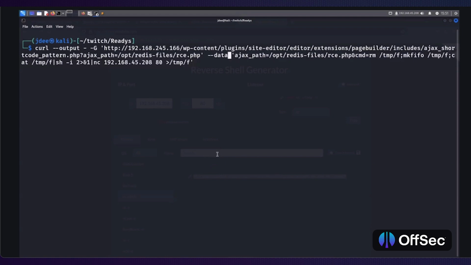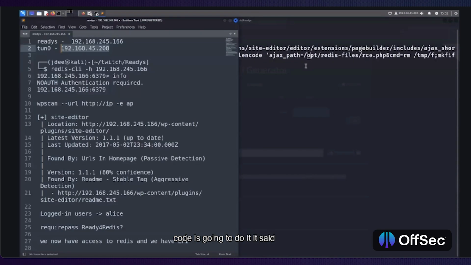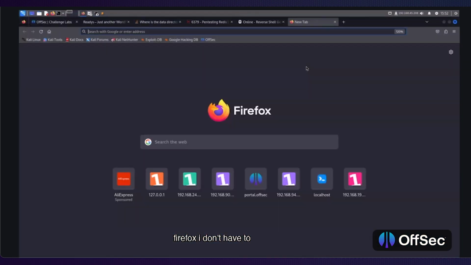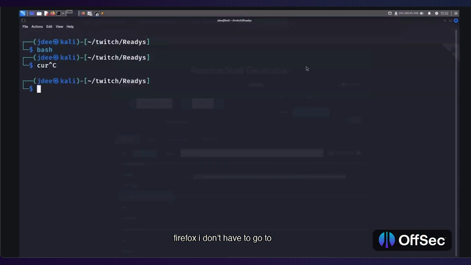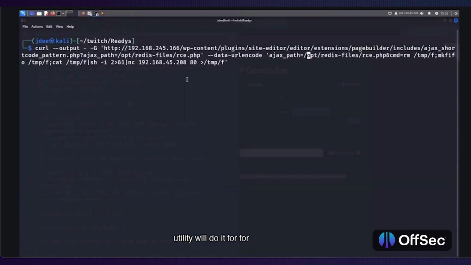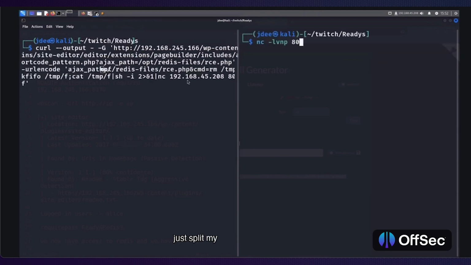So what I can just do is basically come up here and I can just mention this instead, which is data dash URL encode. And what this is going to do is basically URL encode this entire thing, and curl is going to do it itself. So I don't have to go to my Firefox. I don't have to go to a URL encoder and do it myself because the curl utility will do it for me. So now I can just split my terminal and I can do nc -lvnp